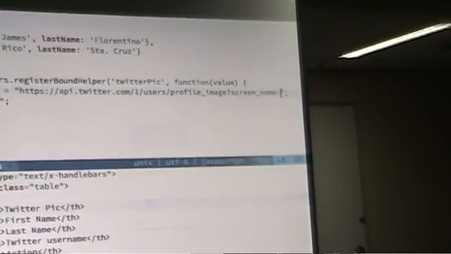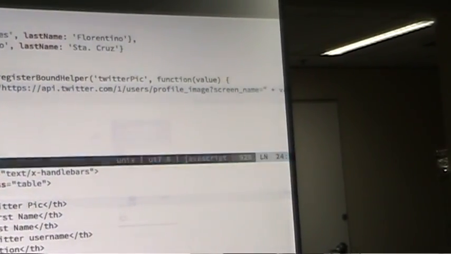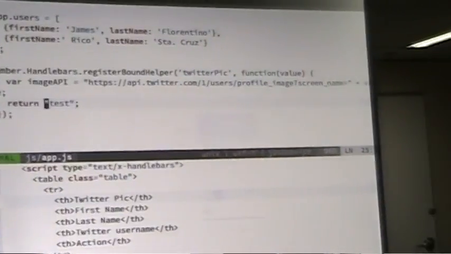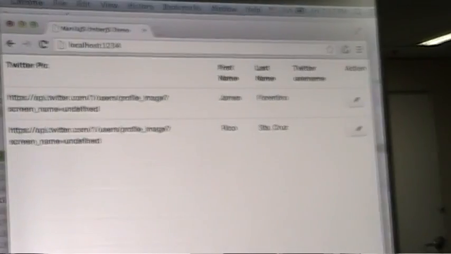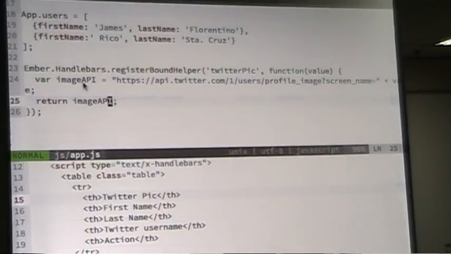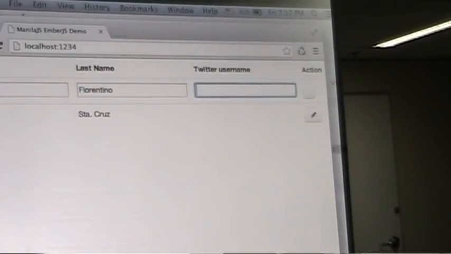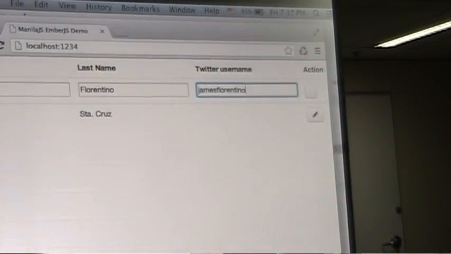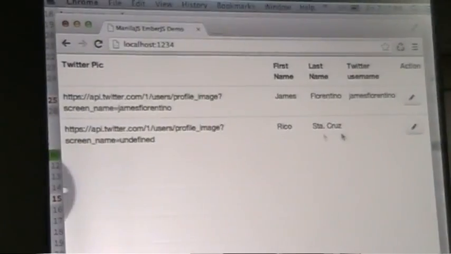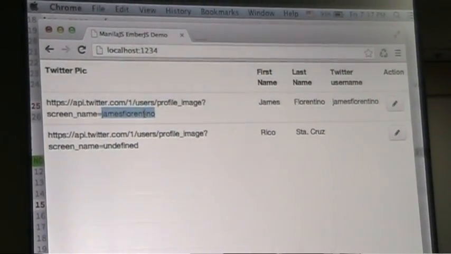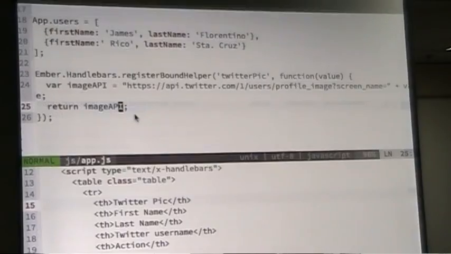So let's remove this screen name variable and assign that value there. So if we return the image API, there you go. Oh, sorry, it's undefined. That's because we didn't specify the Twitter handler here. So if we update that, you can see it's updating there. So what we want to do is to